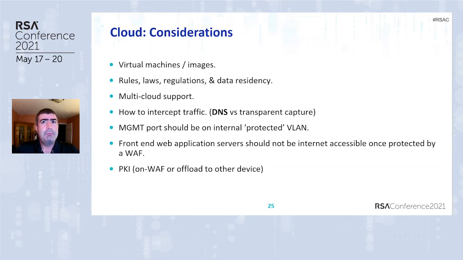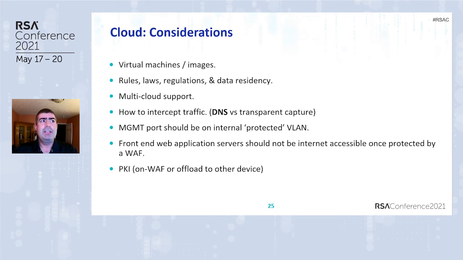Next, how are you going to support multi-cloud? Are you going to do a hub and spoke where you deploy all of your WAFs into your preferred cloud container, and then you enable connections between other cloud environments? Now that could be done via just routing over the internet, or that could be done through something like an IPsec tunnel. But how are you going to do that? Or do you simply deploy in the same cloud environment as your web applications are, which technically should be a little bit less latency on your web connections, and that's what we chose to do.